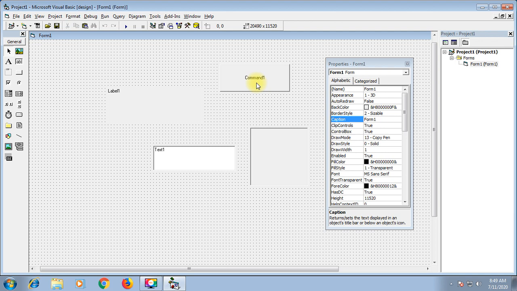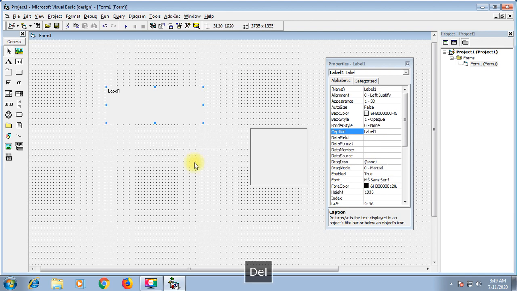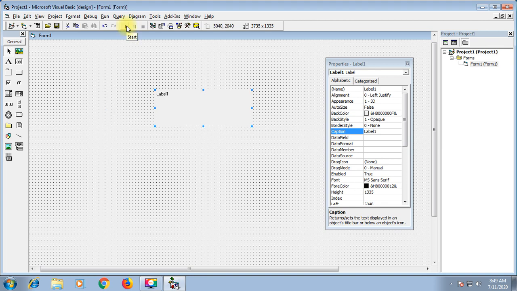Now I am removing some controls from my form. I need only one control, that is the label. So now let us focus on the label control. You have already observed that if you run the form, label 1 is the content of this label.